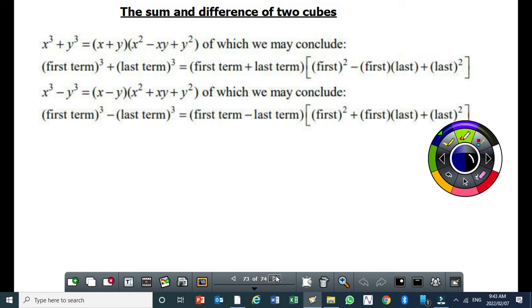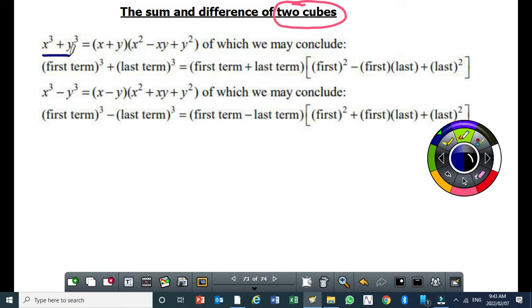Please take note, it's 2 cubes. It's not 2 squares, okay? It's 2 cubes. So for example, if you are given an expression like x cubed plus y cubed, it can